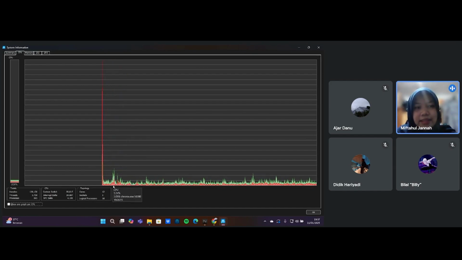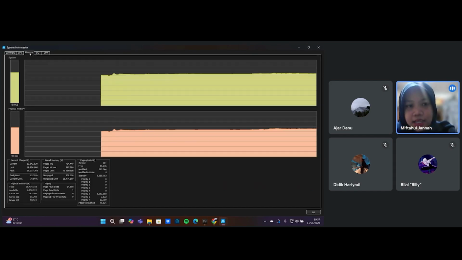Okay, the next is the system commit and physical memory graphs. We have a yellow color and an orange color. The yellow color is like showing how crowded our home is. The higher the yellow, for example, the more programs are doing activities at home.